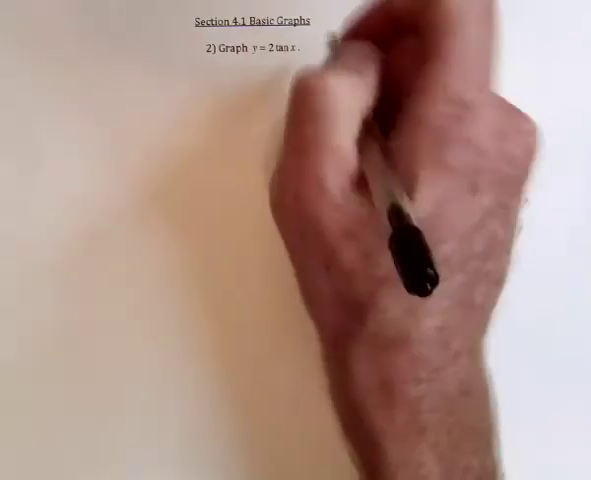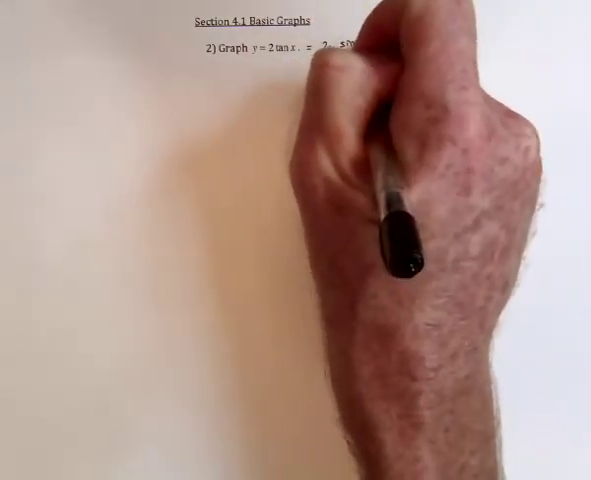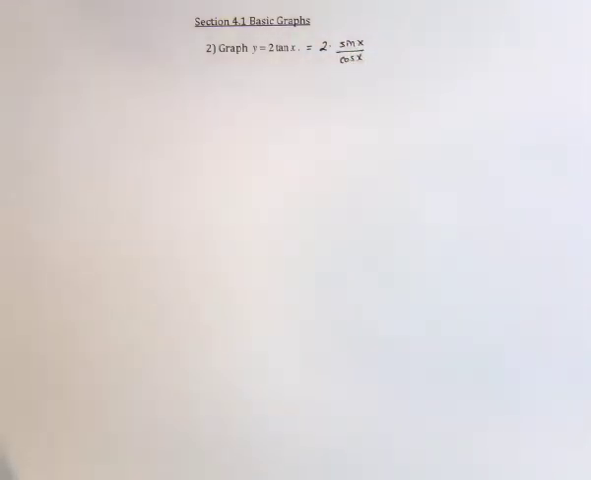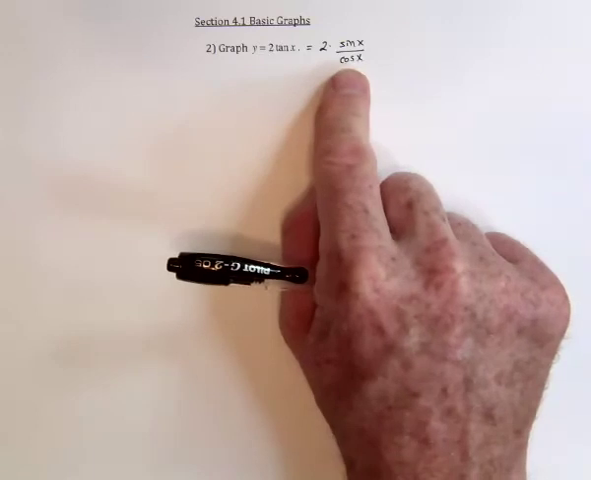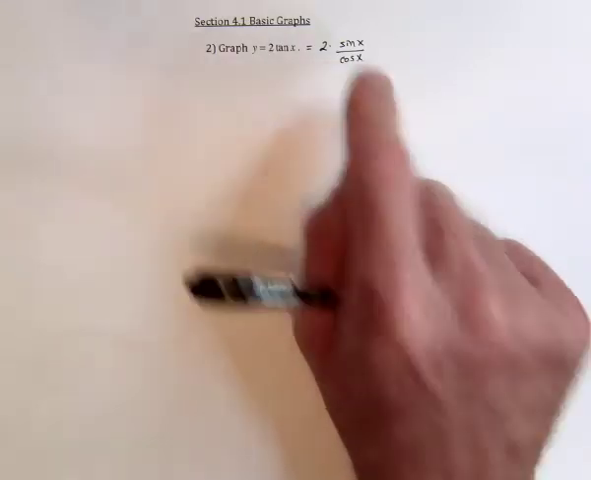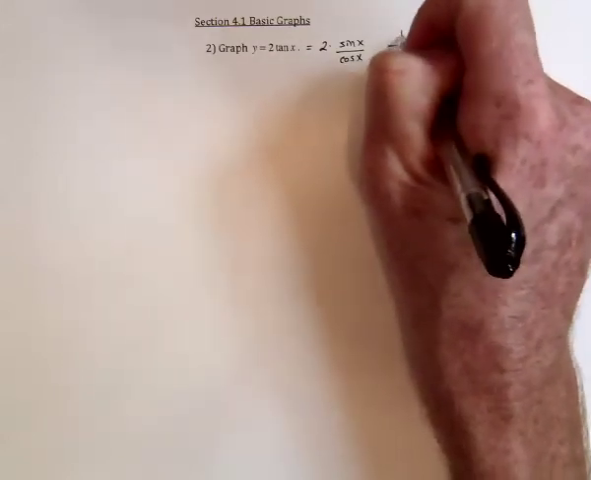The graph of tangent, if you consider that tangent is equal to sine of x over cosine of x, has some places where it's undefined. When cosine is 0, then tangent is going to be undefined. So let's take a moment to look at the graph of cosine